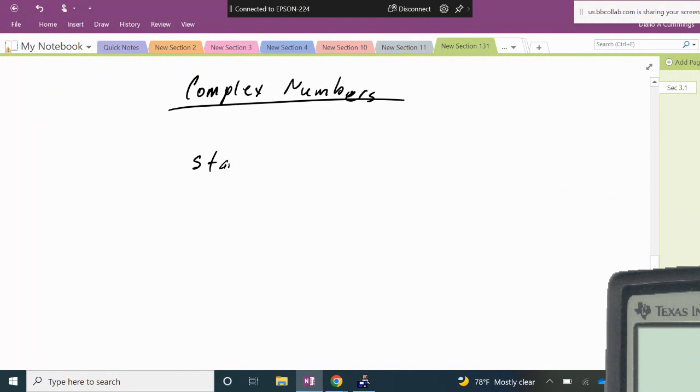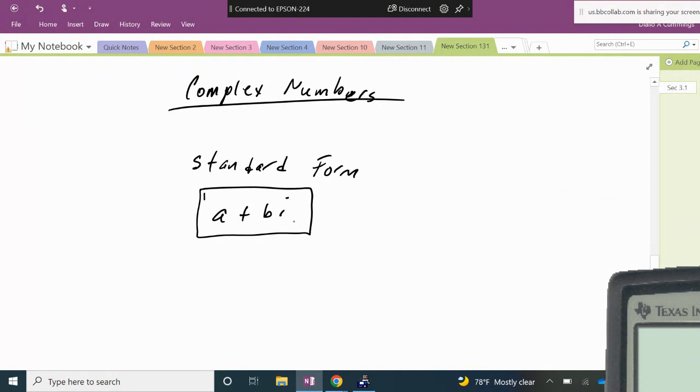The standard form for complex numbers would be in the form a plus bi, where a would be your real number, b would be the coefficient for your imaginary unit i,